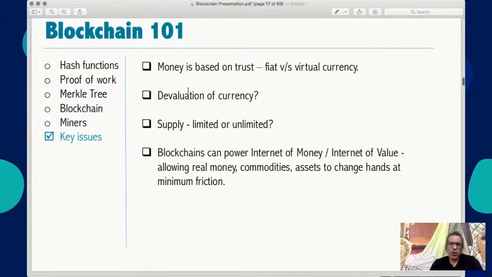Now, one concept we must all understand is this supply being limited or unlimited. The logic is, like I said, in Bitcoin, we are having a maximum of 21 million which are going to be generated, and already 18 plus million have already been generated. So the number is limited, which is why its value over time is expected to constantly go up.